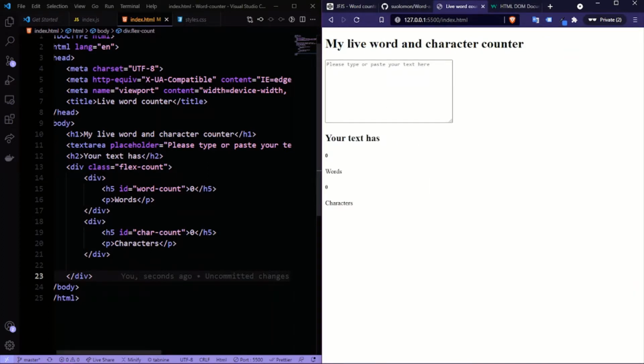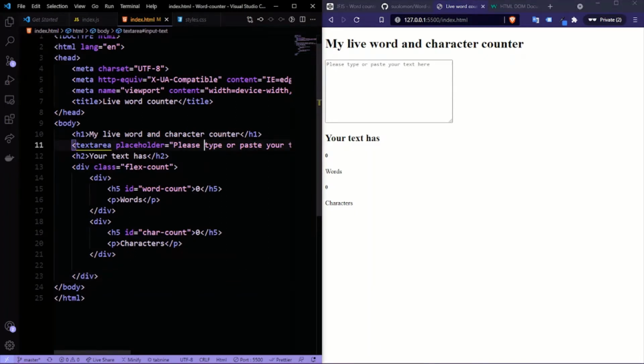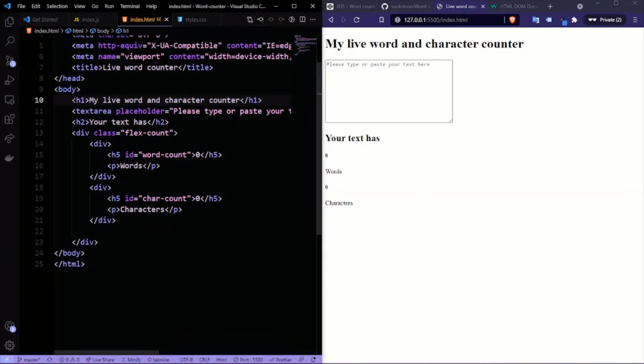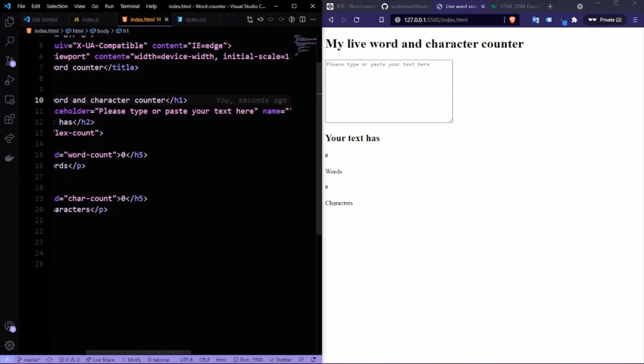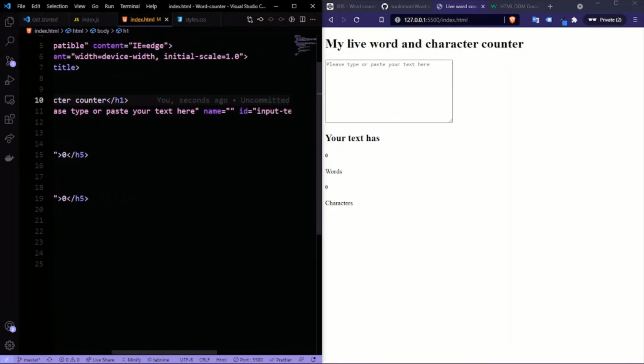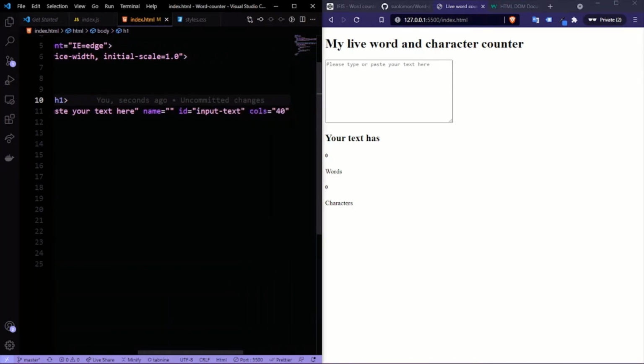So let's see what we have done here. Inside our body, we have our h1. We have our header, which says my live word and counter, which you can see here. You can change it to anything you want. And inside, we have our text area with a placeholder of please type anything you have here. Another property of name, ID,